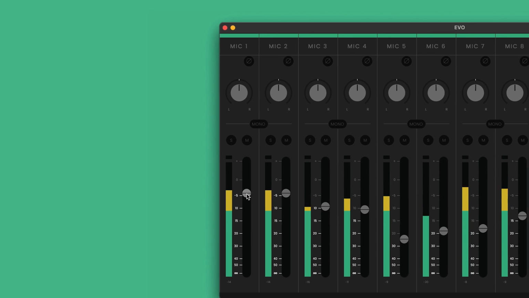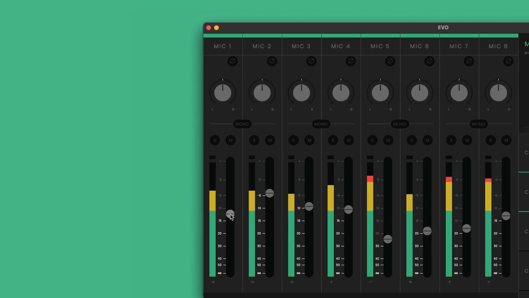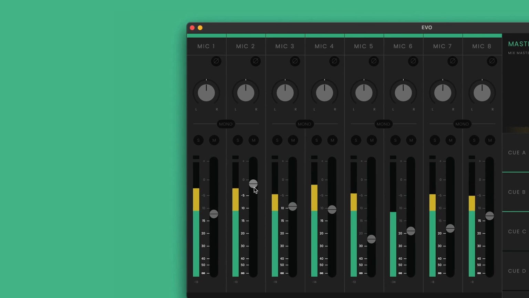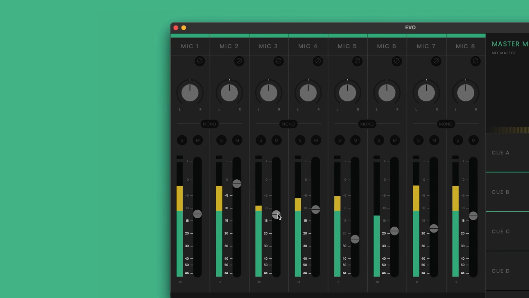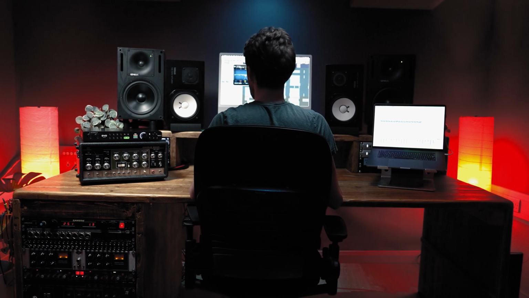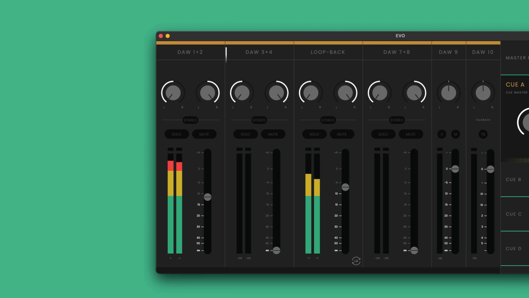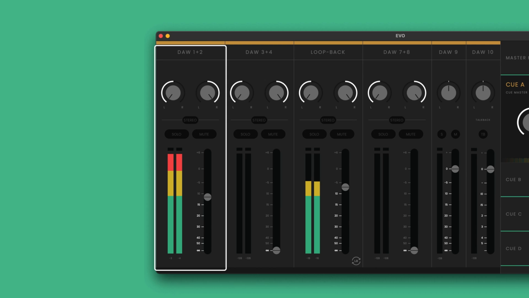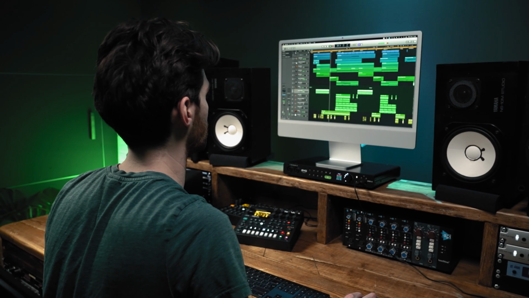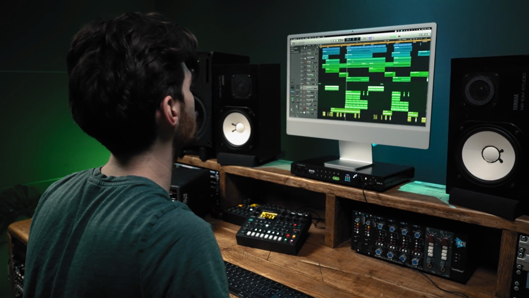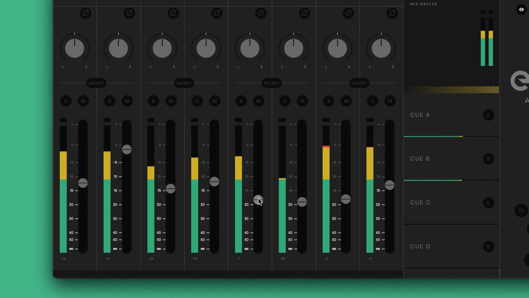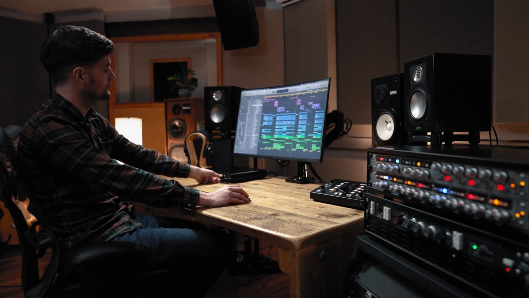As you can see, each channel has a fader. Turning up a fader will send that channel to your outputs depending on how you've set up your routing. By default, the main mix is sent to your line outputs and headphone outputs, and has DAW 1 and 2 turned up. This means that whenever you play audio from your computer, you should be able to hear it. If you were to turn up another channel, you would then be able to hear that. This simple concept will allow you to get as creative as you want with sending audio out of Evo 16.